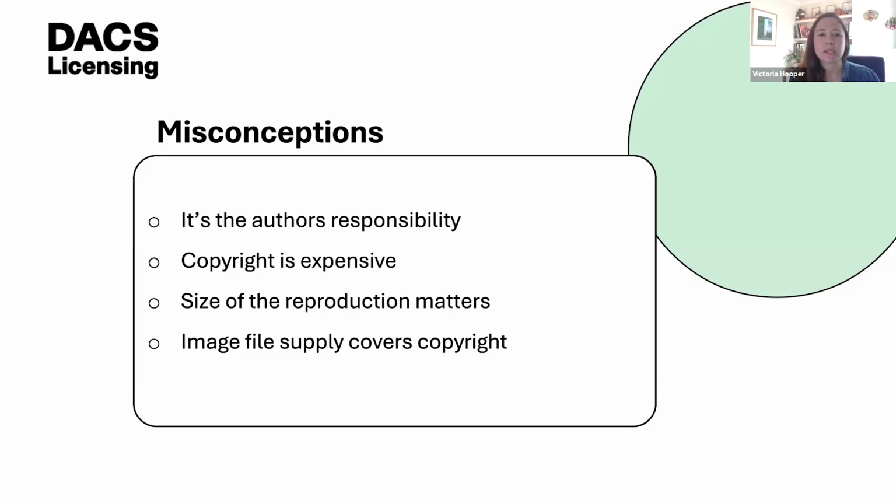Hence, if you do obtain an image file from an image source like Tate Gallery, for example, it's highly likely that you'll need to gain copyright clearance from the artist or an organisation like DACS for the reproduction of the work, and vice versa. So copyright is separate to the image supply. We do have an image bank ourselves, which is called ArtImage, whereby we can provide the image file and the copyright simultaneously. So that's something to consider.